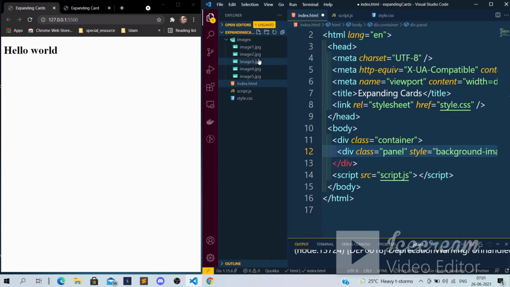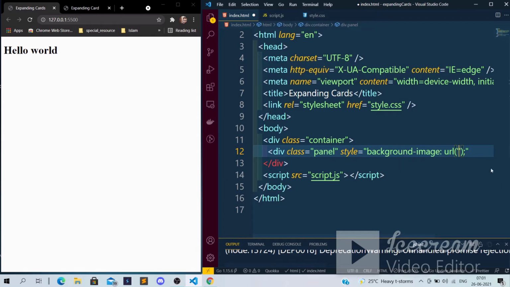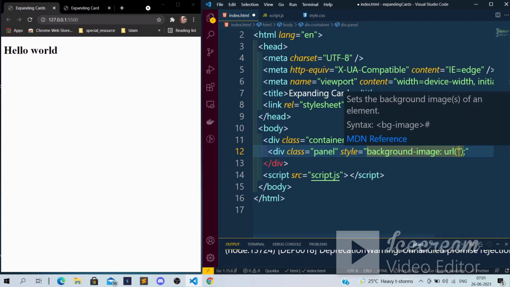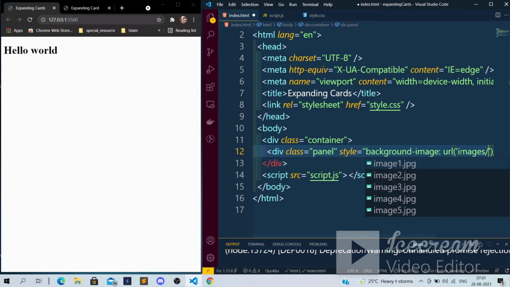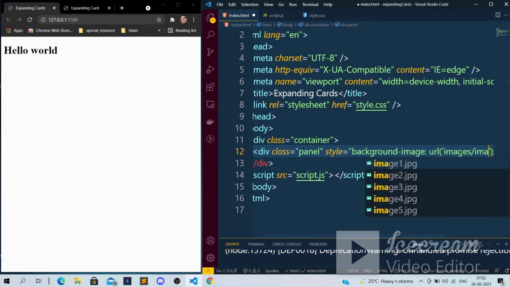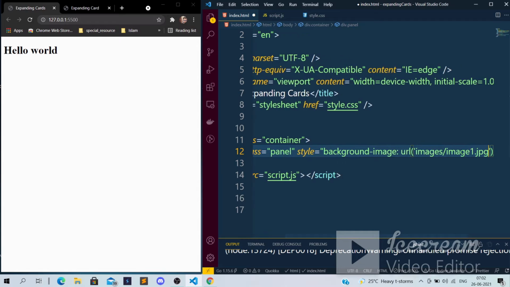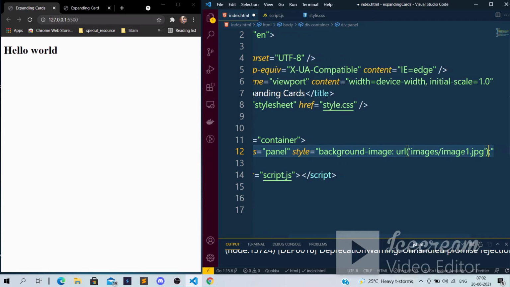In images I have the 5 images, and I will use these 5 images as panels. So inside the images folder, slash image1.jpg. Okay, it has come now.